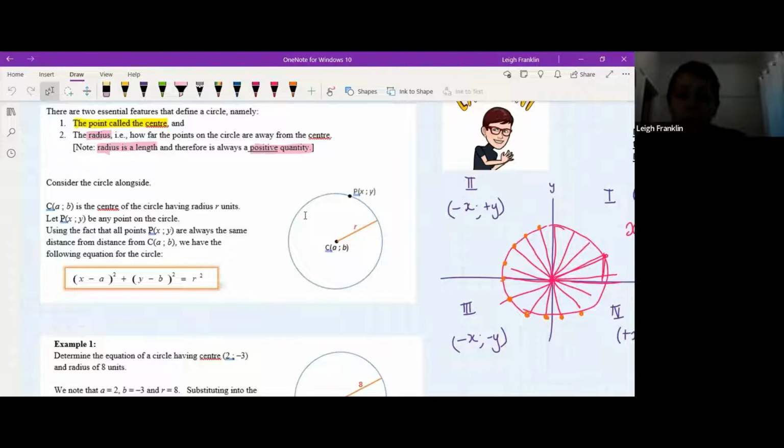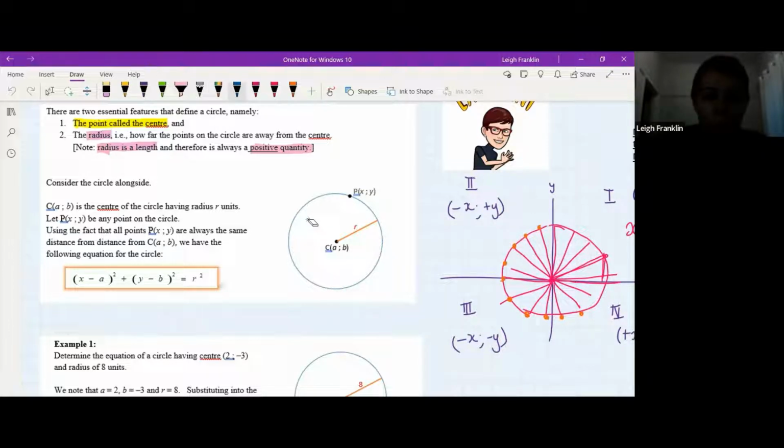P is a point on the circle, and the distance from C to P is r, the length of the radius. So in order to create the equation of a circle that is not centered at the origin, we take into account that there has been this movement left or right or up or down, and that's where (x minus a) squared plus (y minus b) squared equals r squared